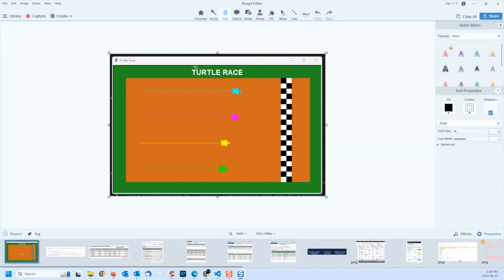Under that space, I will be having a heading here called turtle race. And at the end of the race, I will have something called which turtle wins. And there are 4 turtles with different colors. One is blue, one is purple, one is yellow, and green. Then here, this gives me a little bit of a feel of a dirt track in which the turtles are running. And then this is a nice fancy line,